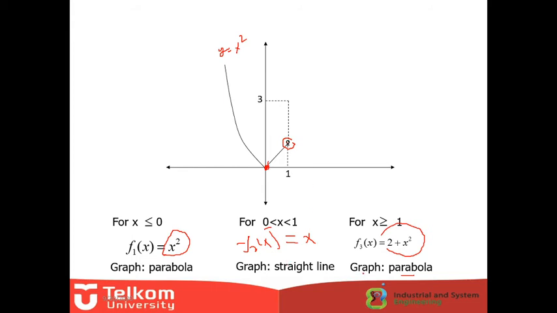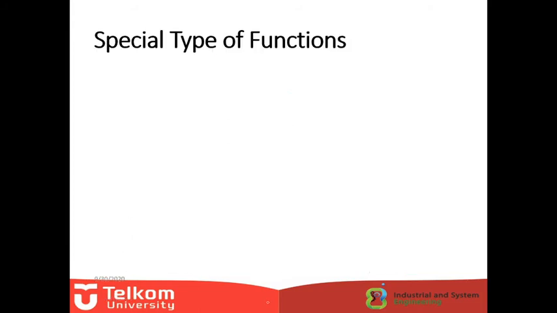And the last one, the third function 2 plus x squared from the 1. So when the condition f(1) should be, the result should be equal to 2 plus 1 squared, which equals 3. And also a parabola. So the parabola in the next should be here. So this should be a filled circle, yeah, but should be like this, and then you continue as the parabola, should be like that. This should be 3, maybe in here, yeah, should be 3, and this should be a parabola.